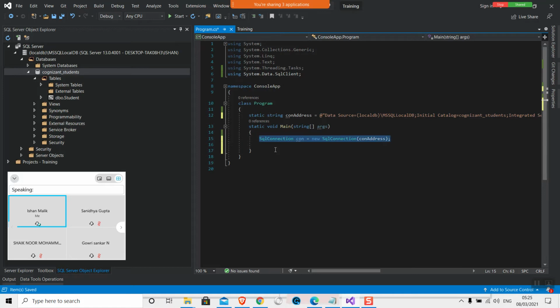So this line is establishing a connection between my code and my server. And now I'm simply opening a connection. I would love to see what the actual status is now.